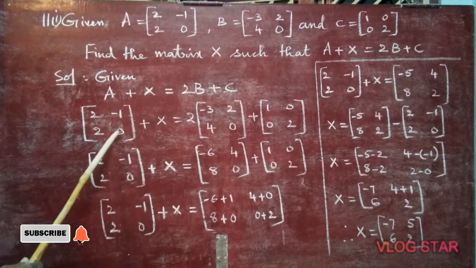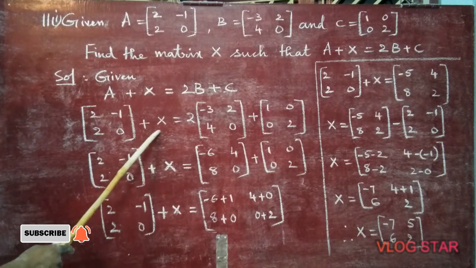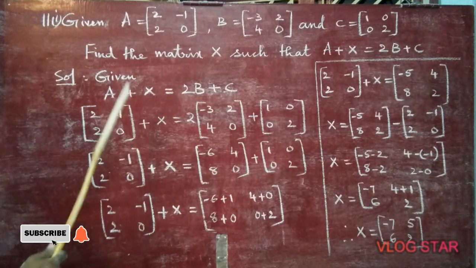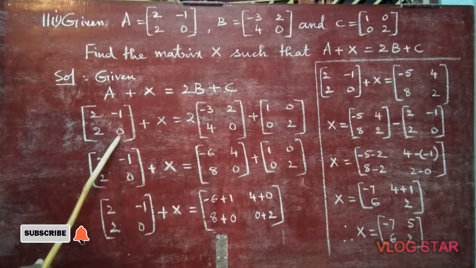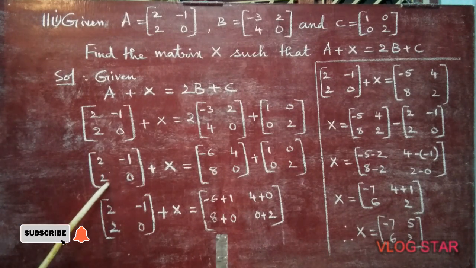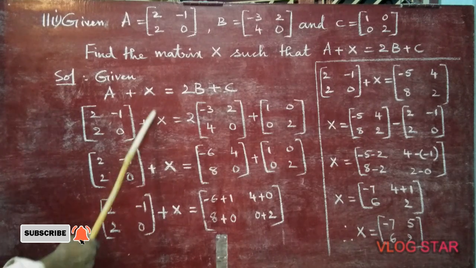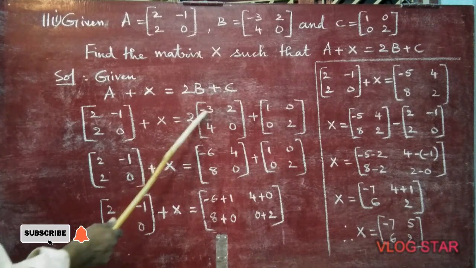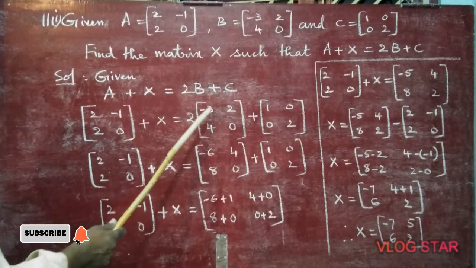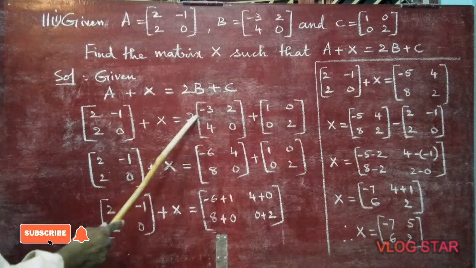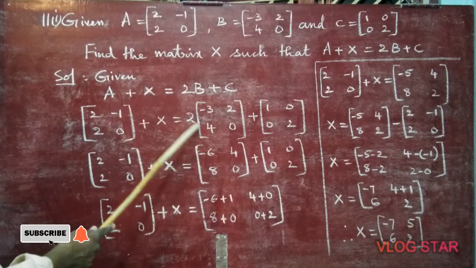Now I told you before itself, when we add or subtract matrices, the same order should be there. So the X answer should be of which order? 2 by 2, because A is 2 by 2, B is 2 by 2, C is also 2 by 2. 2 rows, 2 columns. Now [2, -1; 2, 0] plus X. Left hand side we can't do anything. Coming to right hand side, 2 tables. With 2 you multiply each term. 2 into matrix B. So plus into minus, minus 2 3s are 6. Plus into plus, plus 2 2s 4. Plus into plus, plus 2 4s 8.